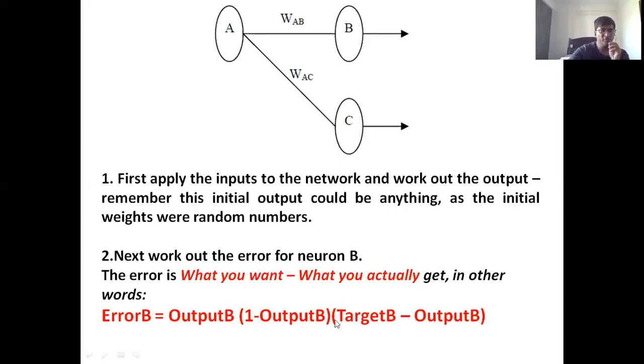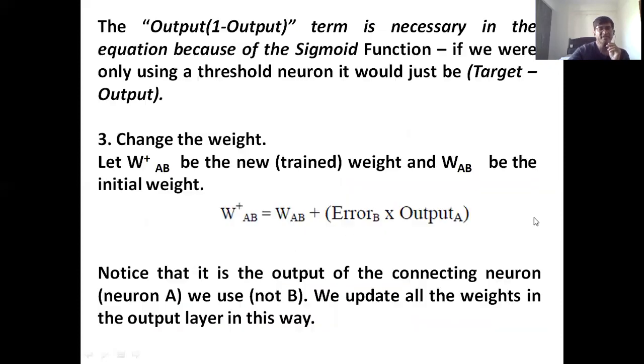And the important part is the target at B. What is the target, the expected output at B, and the calculated output at B. So this would be the formula we would be using for calculating the error at each of the output neurons, right? So the same formula would go for C also, with error at C, with the same kind of symmetry, right? So the next step is